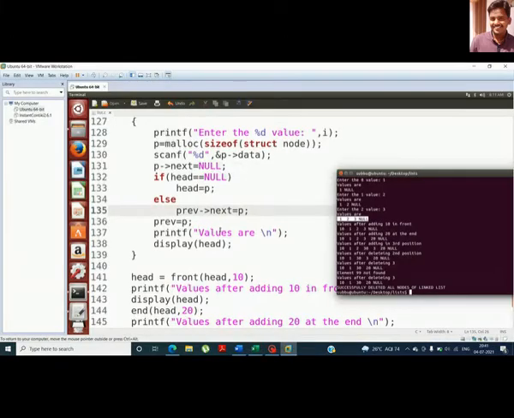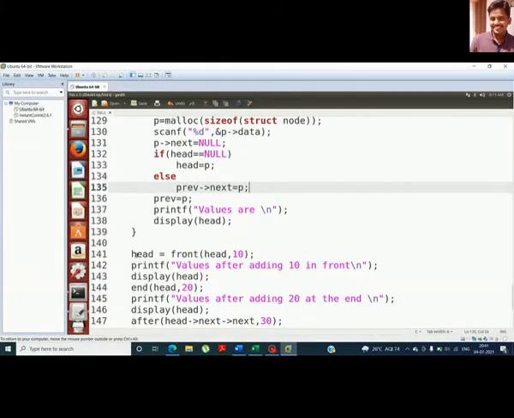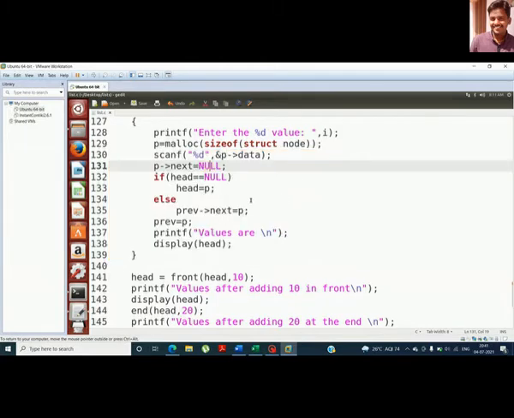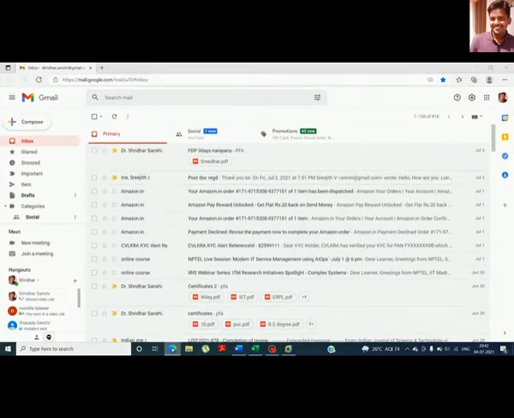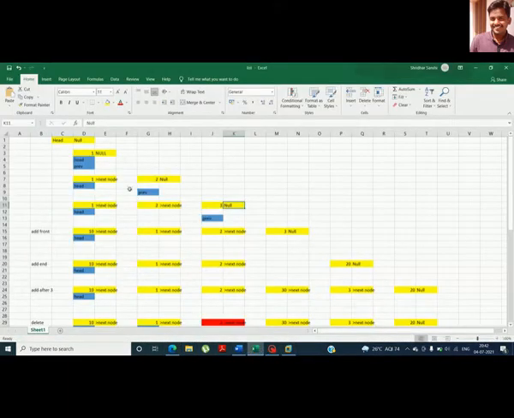Next, I inserted an element into the front of the list. Till here I was entering one by one. Now I want to enter this element, the value 10, in front of the list. What is the front of the list here? At present, this is the list we have. Front of the list means in front of this particular node. So I should get 10 1 2 3.